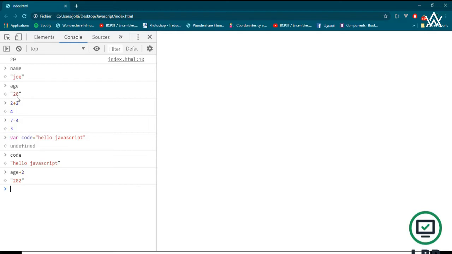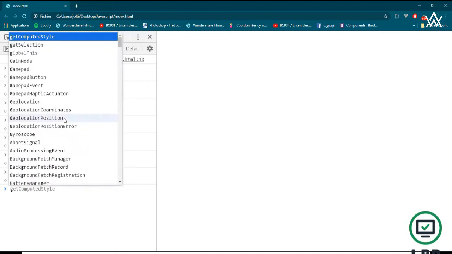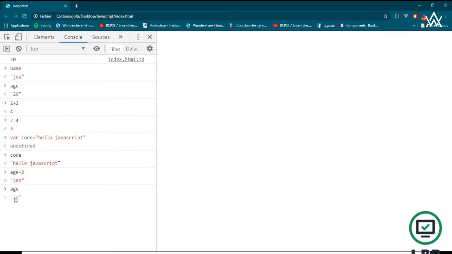Now I have this 20, but I know inside it I have an integer. So how can I transform this value that is a string to an integer? I can use a built-in function in JavaScript. Don't worry, this is the last built-in function that we are going to talk about before jumping into functions. We just need that to practice some exercises in the coming video. Okay, so I have the age. I will just type it. I have this 20. This is a type string. Now I want the age to be not of type string. I will